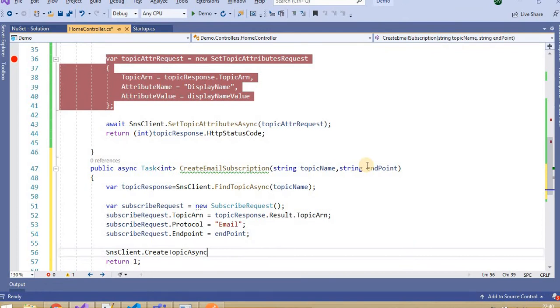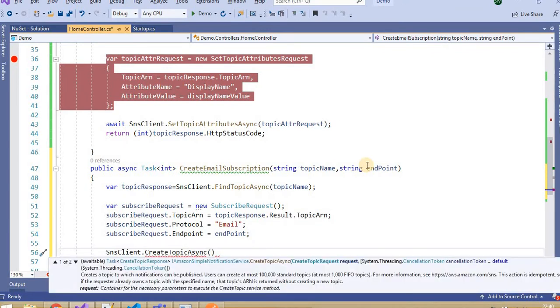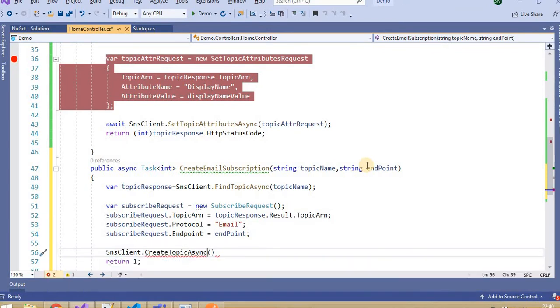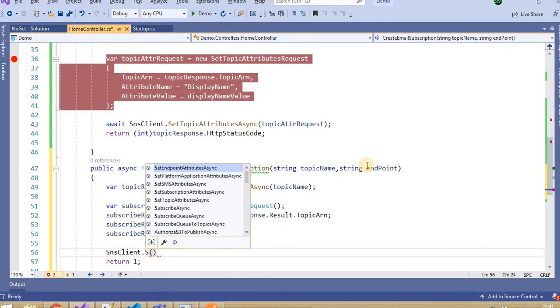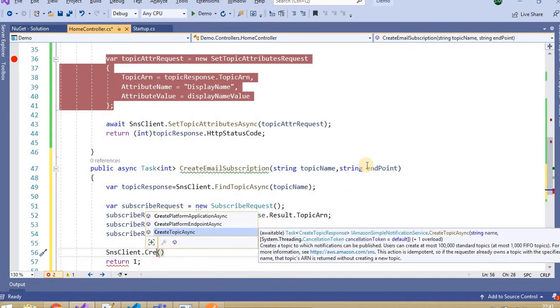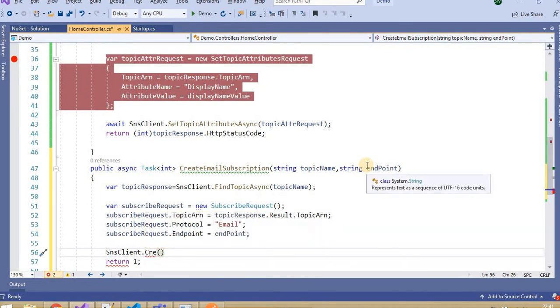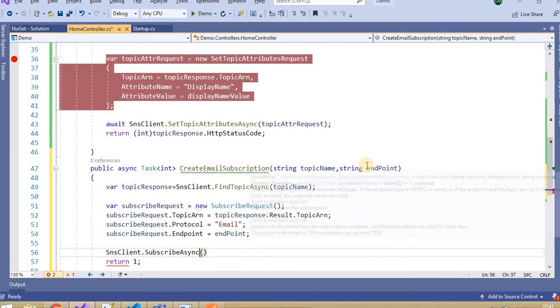That's all. Now just pass SNS client dot subscribe async. To this method just pass the subscribe request, not the create topic. We are not creating, we are subscribing, right? Yes, this one.